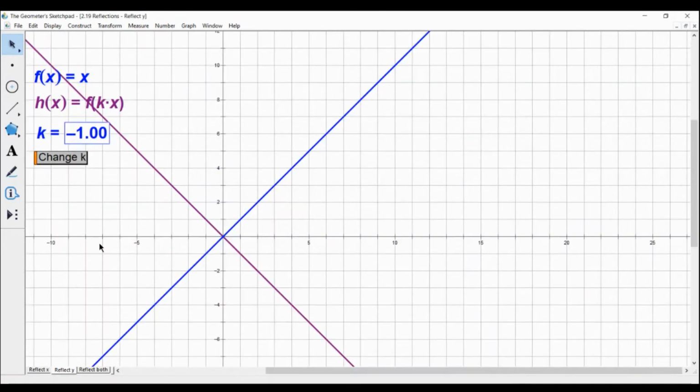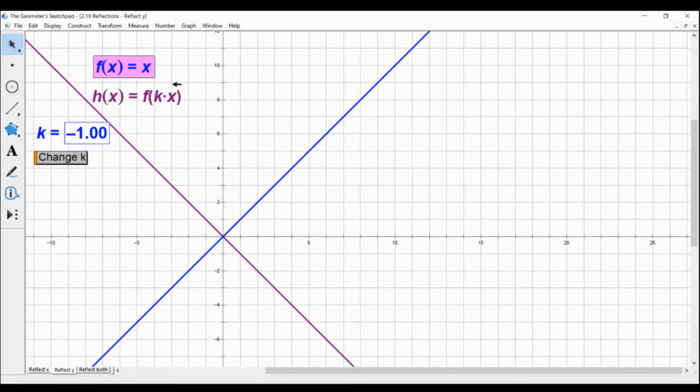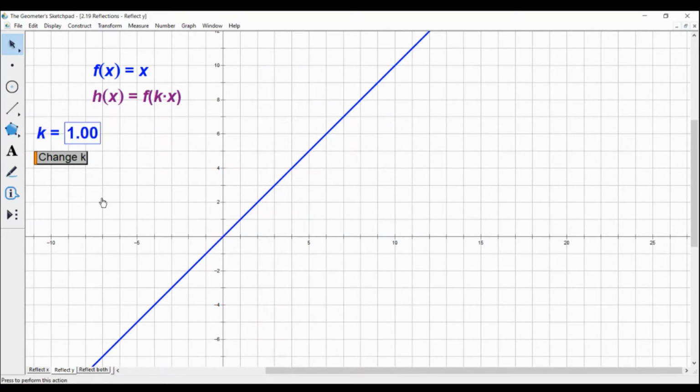So now let's see what we have here. Parent function. Now here, let me just move these over so you can see. So f of x equals x, and h of x is f of kx. What I'm going to do is alternate the sign of k. So if it's 1, it's the same function, but alternate the sign. So it goes from 1 to -1, 1 to -1. So if it's -1,